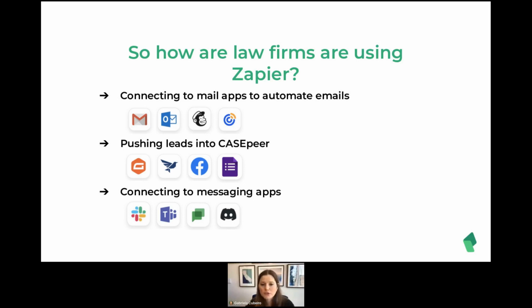And another way law firms are using this is generating chats, right? Like all companies, most law firms are now using chat applications for internal communication. So, at CasePeer, we use Slack. With Zapier, key activity in CasePeer can automate messages to individuals, groups, or channels, depending on the app that you guys use. So, for example, you could send a message to an incoming texts Slack channel whenever a new client